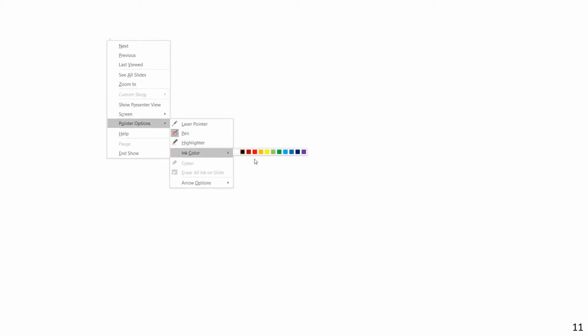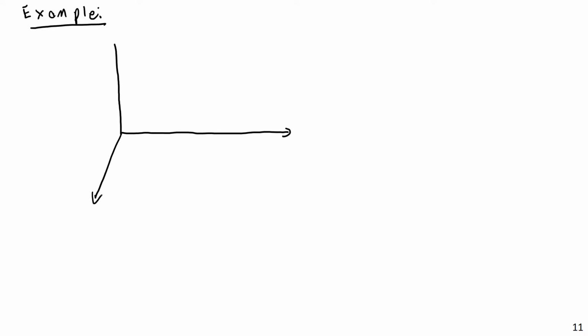Okay, so maybe we can work through a basic example. Let's go ahead and work through a rather general example. Let us say we have a coordinate system like this, x, y, and z. Now, let's say I have a point A with coordinates of, let's say, 2 meters and negative 1 meter. And then I have point B